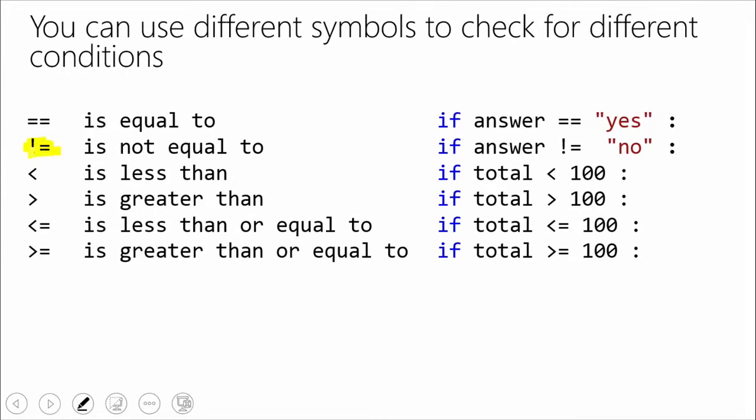So I showed you the double equal sign for is equal to. It's probably a good idea to talk about some of the other symbols you might need to use. Because sometimes you might want to say, is it not equal to? This is one of those ones you will eventually end up memorizing because you'll use these fairly frequently. Not equal to, the symbol for that is an exclamation mark followed by an equal sign. The exclamation mark is frequently used in programming languages to mean not, and that's why exclamation mark equals means is not equal to. It's a convention that's been used in other programming languages, so the nice thing is, once you learn that syntax, you'll be able to use it elsewhere.